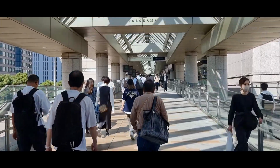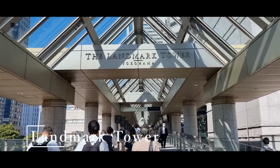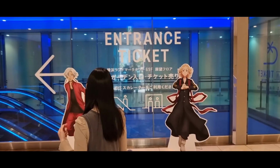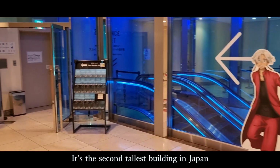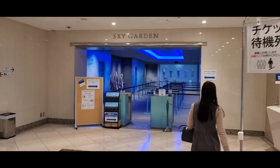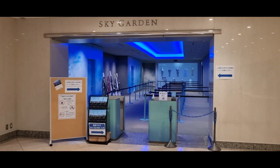So when we arrived at the Yokohama Landmark Tower, I didn't really know too much about what to expect. All I really know is that it's, I think, one of the tallest buildings and it just has a very good view. That's pretty much all I know. Now, to go up to the top floor, there was an entry fee which was about 1,000 yen per person,